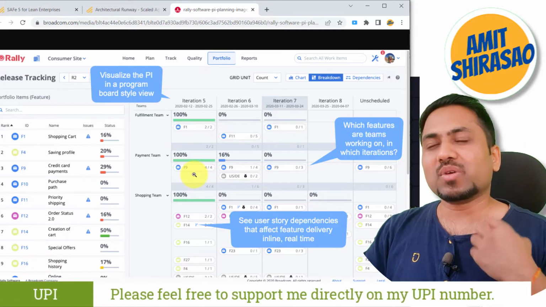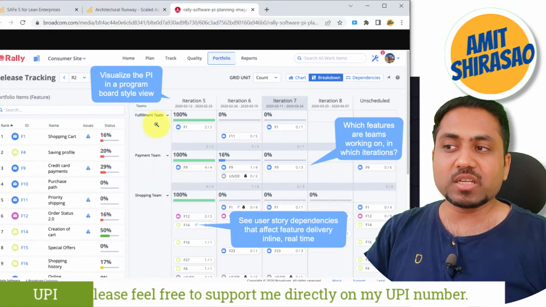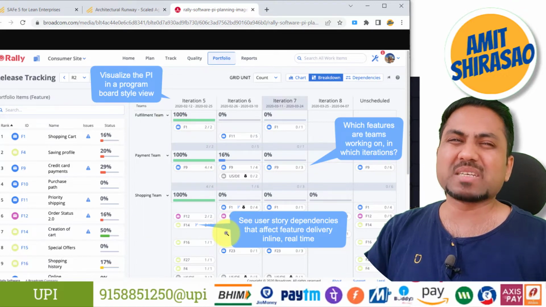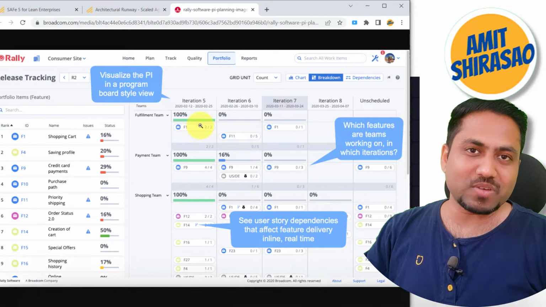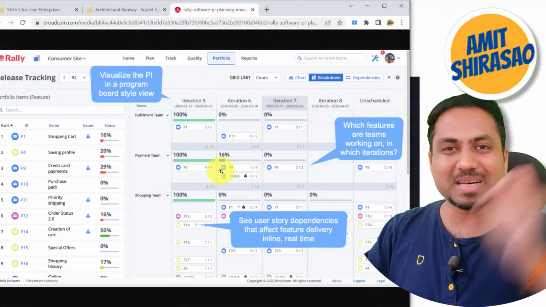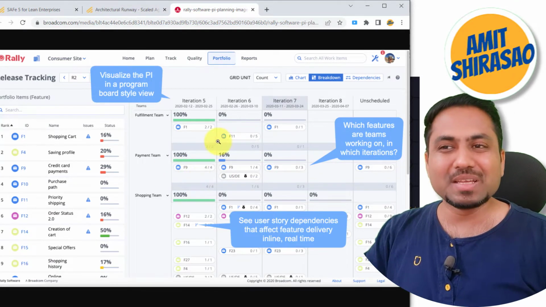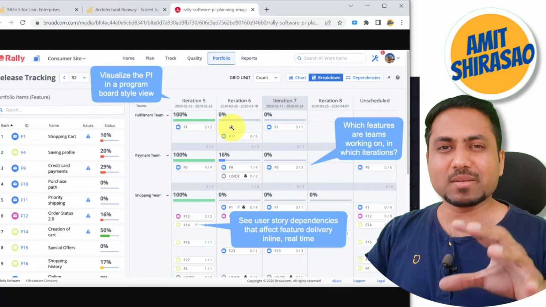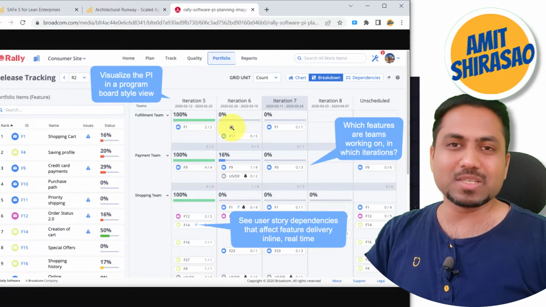Okay, so a real life problem. Let us say the payments team does not have API capacity. The fulfillment team or shopping team probably has some surplus API capacity in iteration 5, and the fulfillment team requires that API story to be done in this particular iteration only. Now there is a very tailor-made solution, but many a time it happens that